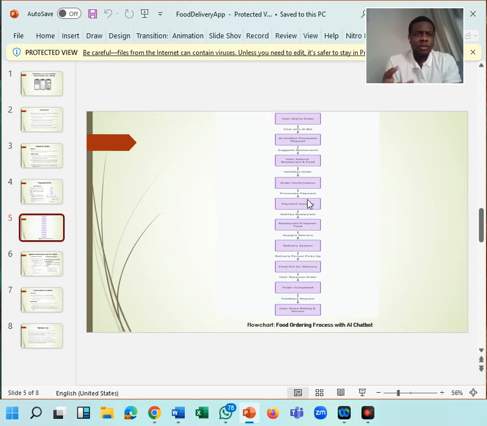Then notification is sent to the restaurant so that they prepare the meal. Then the delivery system is alerted. Once the delivery system is alerted, the delivery guy comes, picks up the meal, then the food is sent out for delivery. Now, the user has been updated on the status of the order, and at the end of the whole process, when the user receives his or her order, he can now leave some ratings and reviews as the case may be.